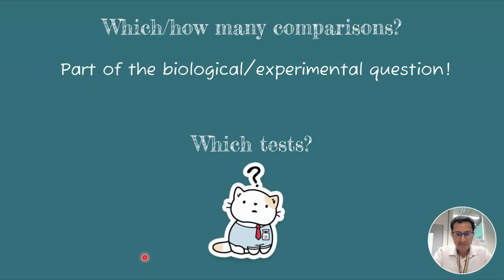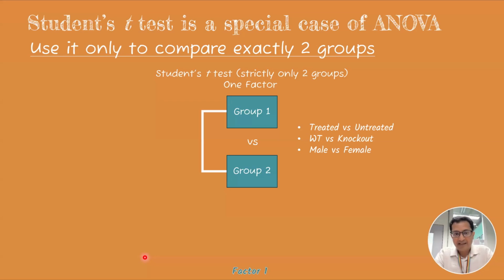But what is a question for stats is which test to use once you've decided what comparisons are meaningful for your experiment. And right from our undergrad, I'm sure most of us would know that if you have two groups, you would use a Student's t-test. But what few of us actually appreciate is that the Student's t-test is actually a special case of an ANOVA. And you must only use it if you have exactly two groups to compare. If you end up having three groups and you do multiple t-tests, you run the risk of having false positives, which means a falsely low p-value.